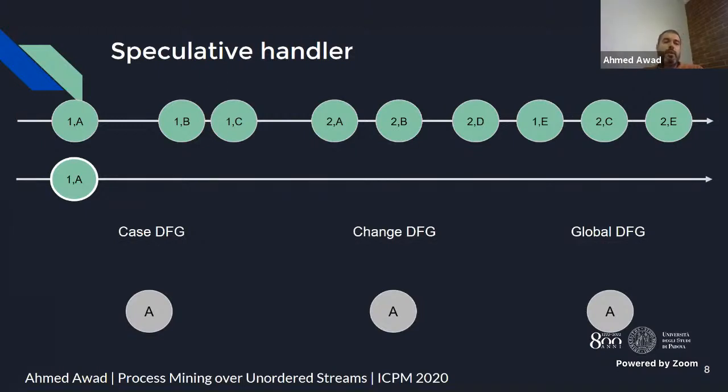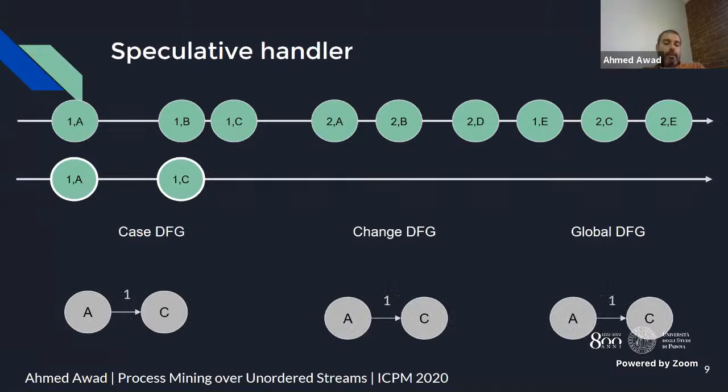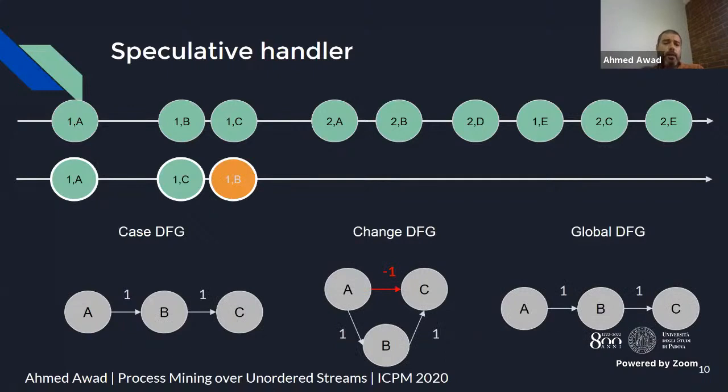first case we received. And now we can observe here that 1C was received, and looking at the upper timeline, we can observe that 1B will arrive out of order. So we can deduce in this graph that we observed A followed by C and so on. Once 1B arrives out of order, the case DFG is updated because we know the timestamps of the events and we can reorder them, and comparing to the previous case DFG, we can deduce the change. And as you can see in the change,